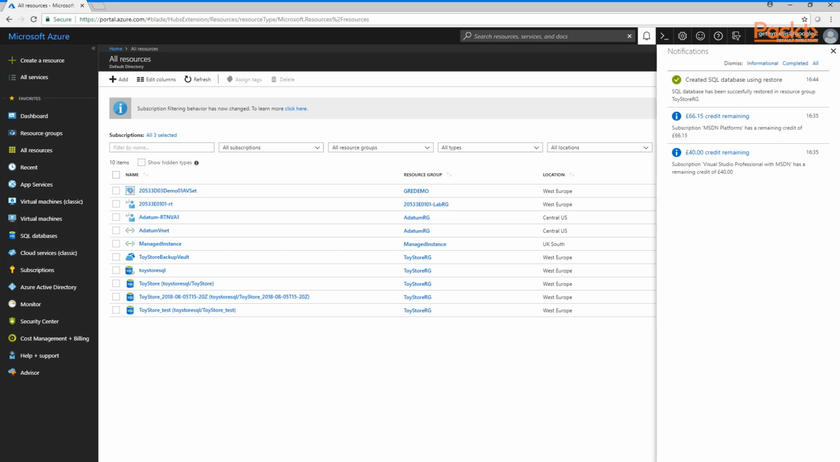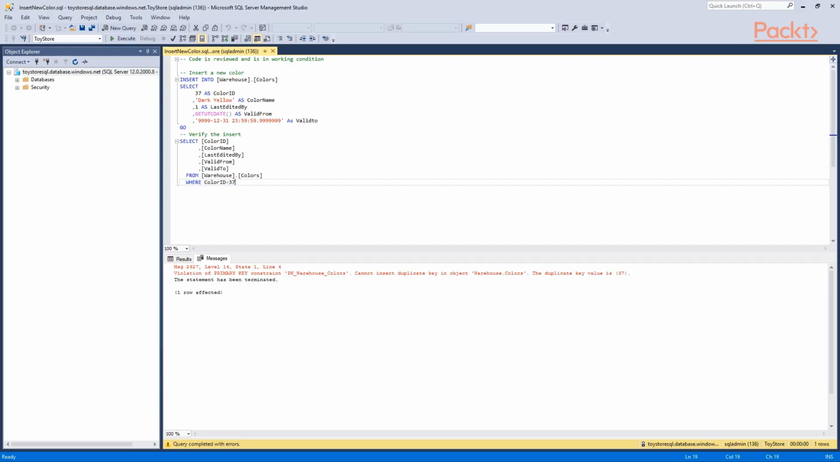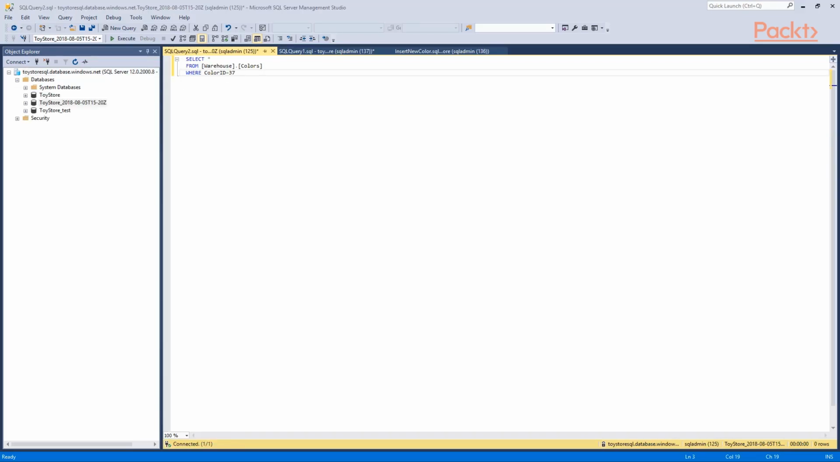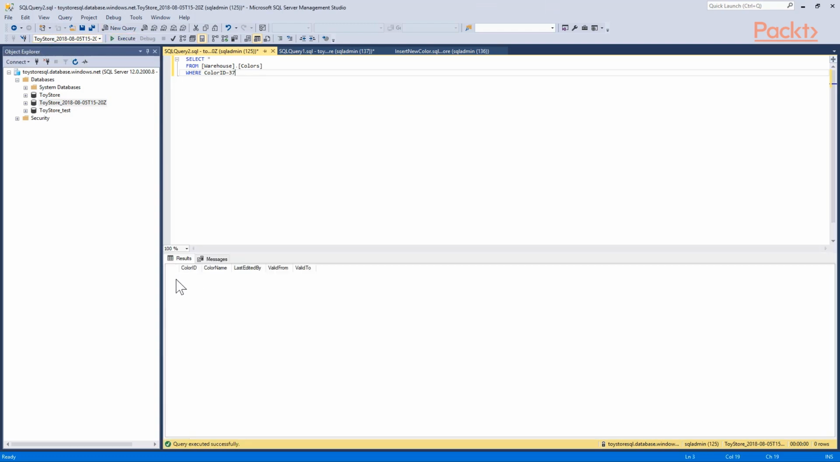Now I can switch to Management Studio here. I'll open up a new query window, this time against the Toy Store and the Restore Date database. And if I run my query now, you can see that the previous insert has been removed because we've restored